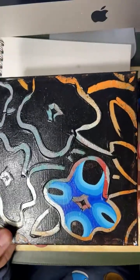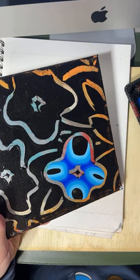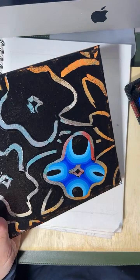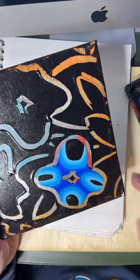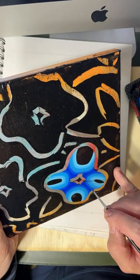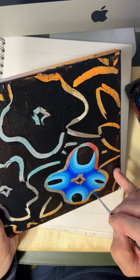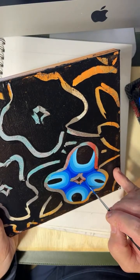It's coming together slowly. I've kind of been playing with this banding kind of thing. Honestly, I'd like to do it on a larger scale, but right now I'm just trying to work this out and play with the process. I started these bands just because I was thinking of